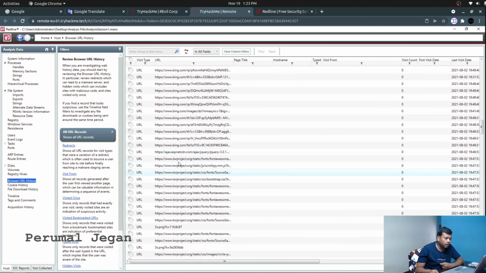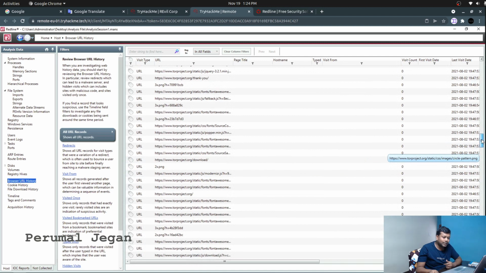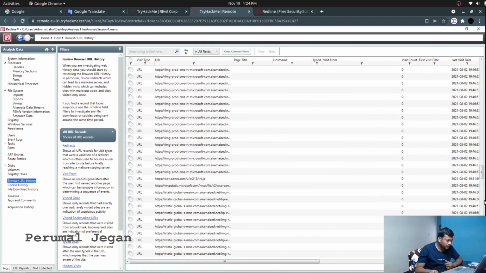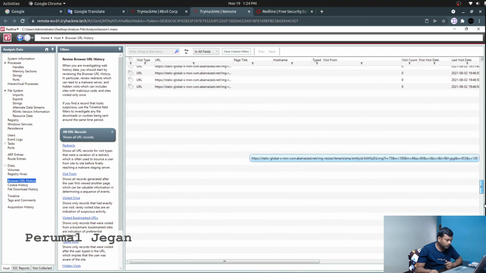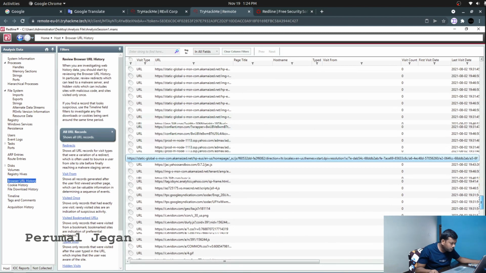User also went to the Tor project website and downloaded the Tor browser to negotiate with the ransomware adversaries. I'm scrolling down.